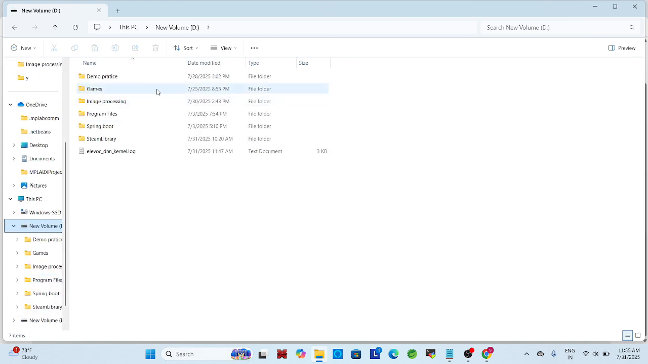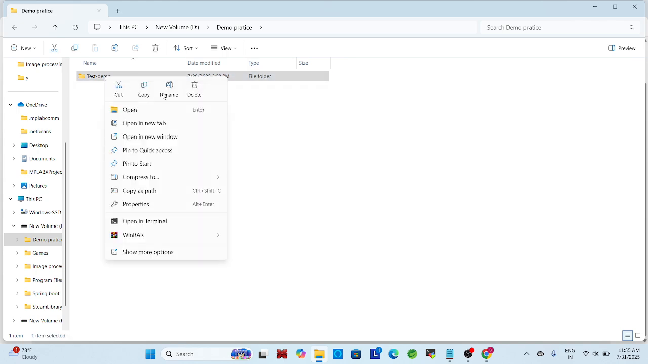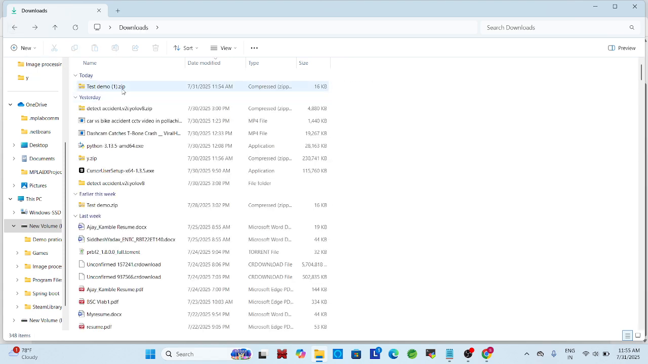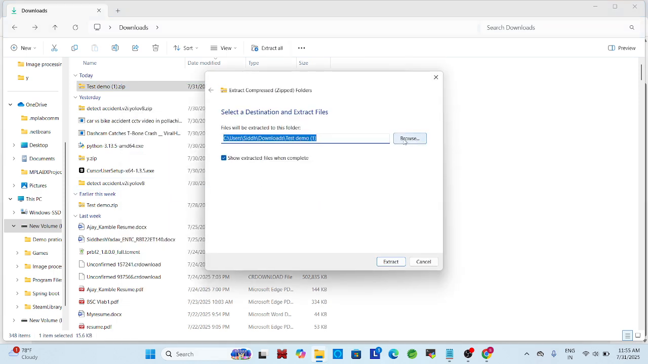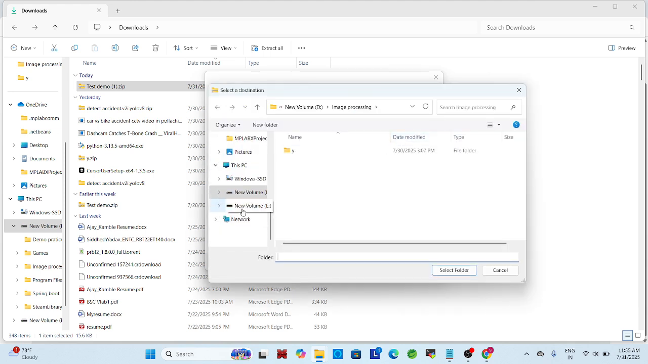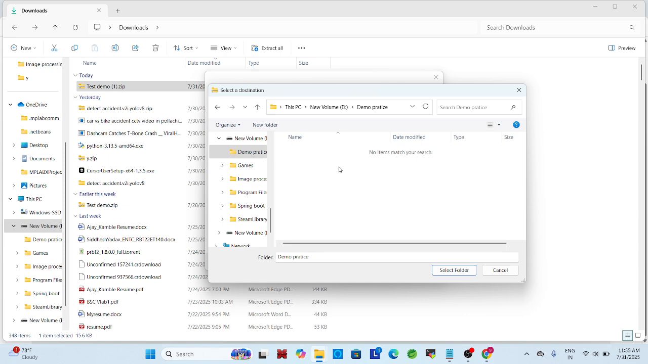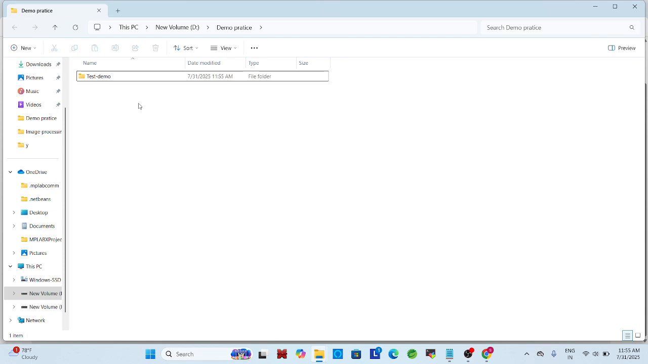So what we will do is extract this file in our workspace, whatever workspace folder you have created. So let's Extract All, Browse. I have created this demo practice folder in D drive. Here I will be extracting my test.demo Spring project. After extracting,